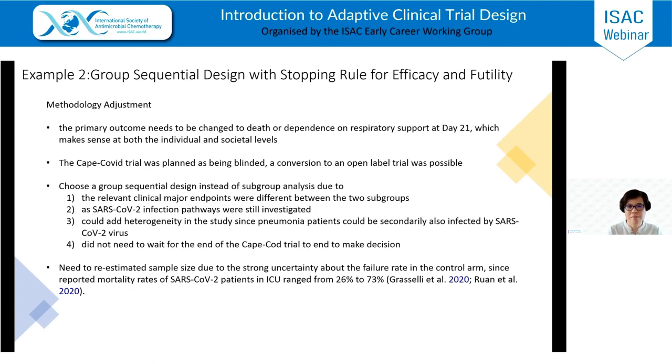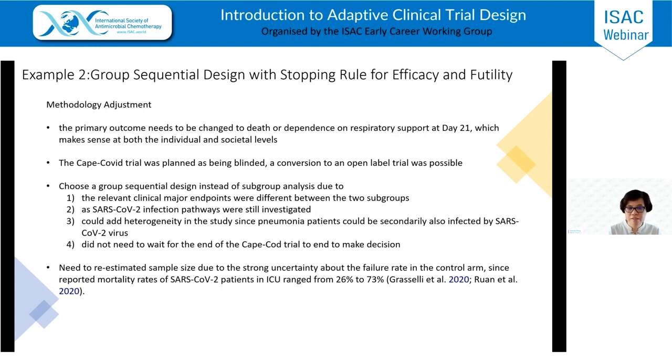Okay, so this is a major adjustment. Also, Cape COVID is a trial that is first blind, and later they hoped they could convert it to open label if the drug works. So they tried to choose this group sequential design instead of the subgroup analysis. The reason,